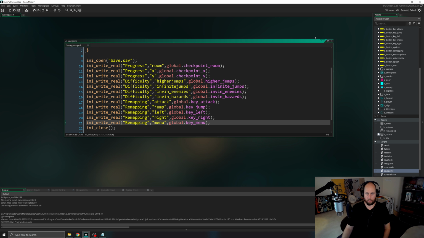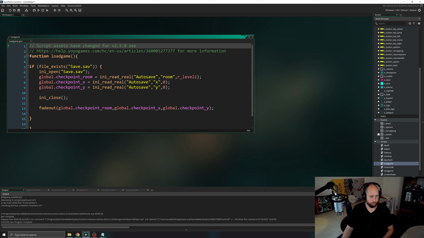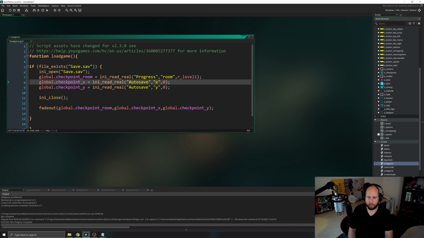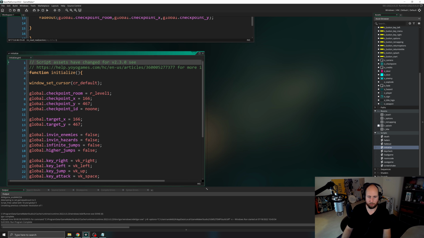Close that. Now open our load game script. And we're going to relabel autosave over to progress like we did in the other one. Progress. And that'll stay basically the same, but now we need to go to our initialize script, and it's going to make things a little easier. Open our initialize script and do some copying,